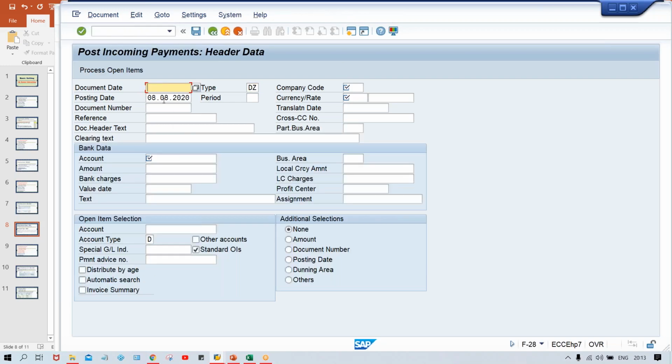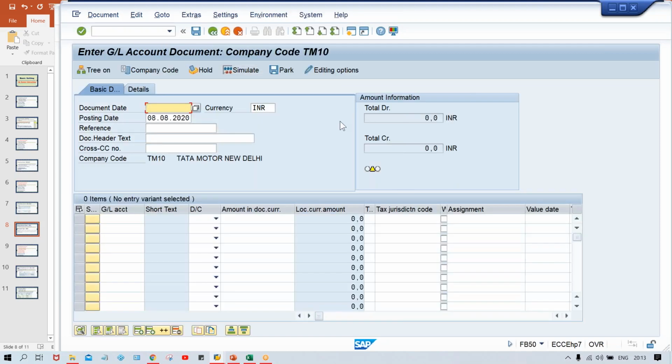F-28, this is the payment posting. Or else, if you are going to use a different transaction code, like FB50, this is for normal JV posting, right? So here in FB50, the question is that the document type is not appearing. So guys, suppose in your system, if you are doing this practice yourself, and the document type is not appearing here, in that case you